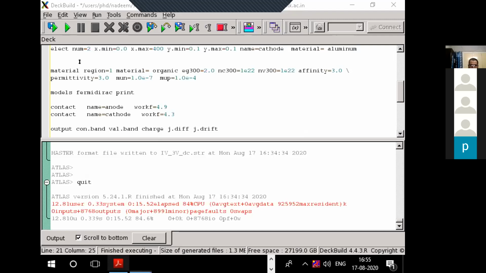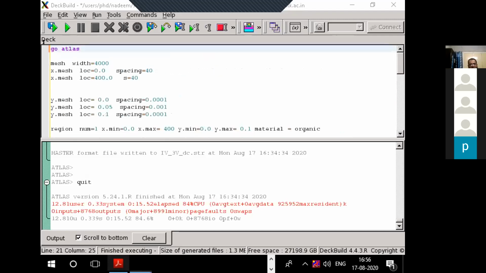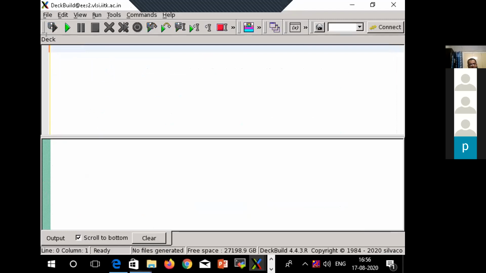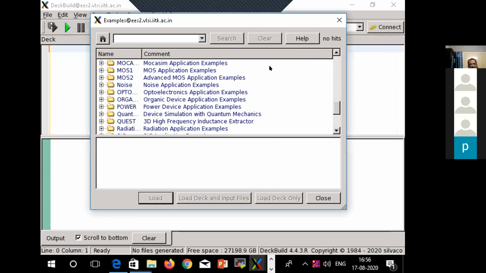So in the same structure also, if one wants to simulate under light conditions, one has to put the command corresponding to the condition, like shining the light using the beam statement or the f.radiate statement and all that one can do. There are a lot of ways. If one wants to have a look at the examples.